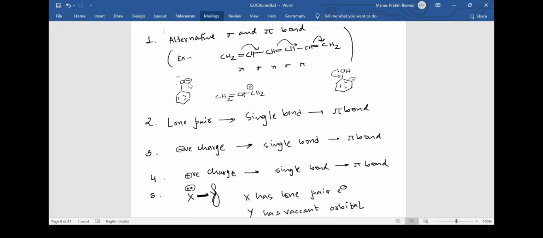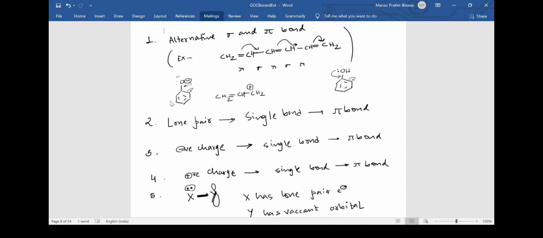So oxygen becomes negatively charged now, and then we have this negative charge, then this single bond, and then this pi bond. So point number 3 is satisfied. What can now happen is that this can come to this single bond, and then this pi bond might jump to this carbon. Again resonance can happen.